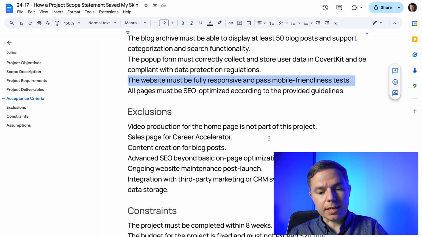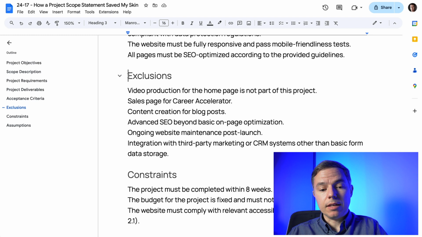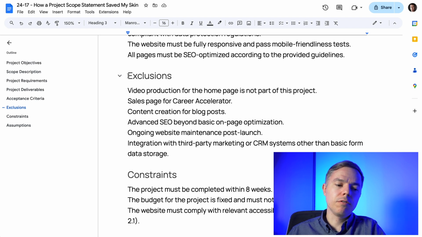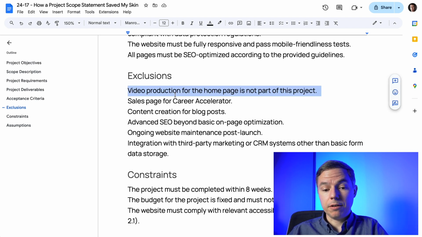Okay, moving on to the next section, exclusions. And that's another critical point of scope statement, because it's happening a bit later in the project planning. That's when we understood what's the goal of the project, we know what are the main deliverables. Now we want to specify that these pieces of this product, in this case, will not be included in this project. So things like production of videos for the